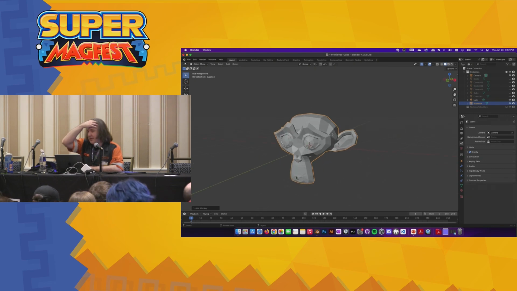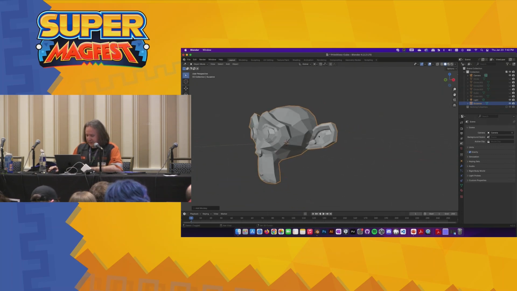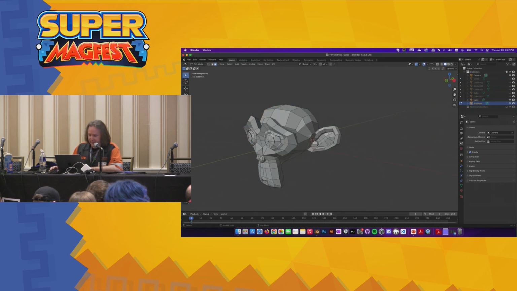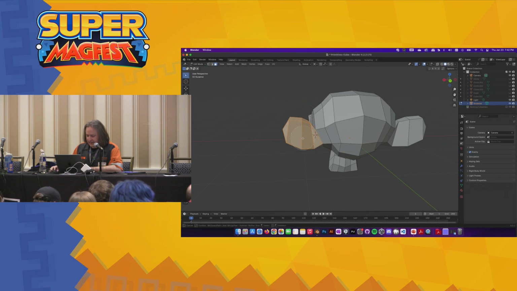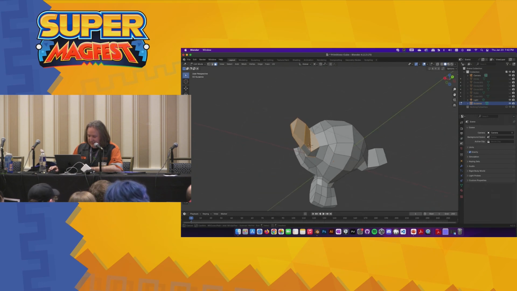One of the big things about Blender workflow is what they call modifiers. You can think of these as tools that make a lot of things a lot easier. So let's say we loved Suzanne, but we just wanted Suzanne to have bigger ears. So I could come in here in my face select mode and start to draw a selection where I'm selecting the ears. And I have all the ear polygons selected, I think. It's a little bit tedious.